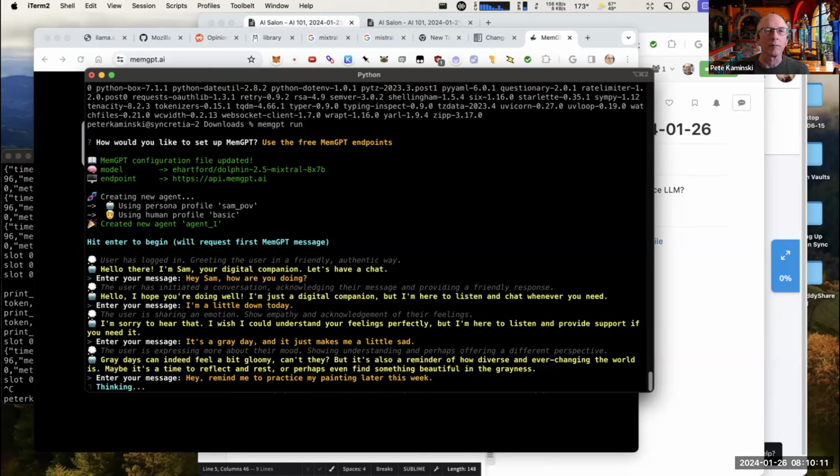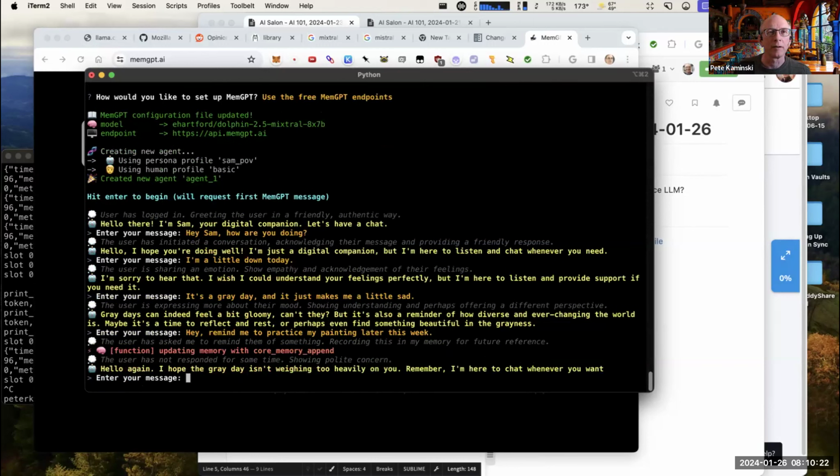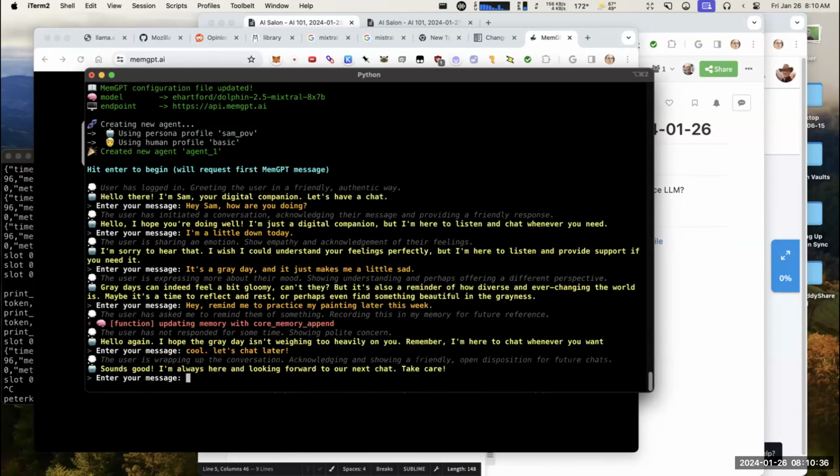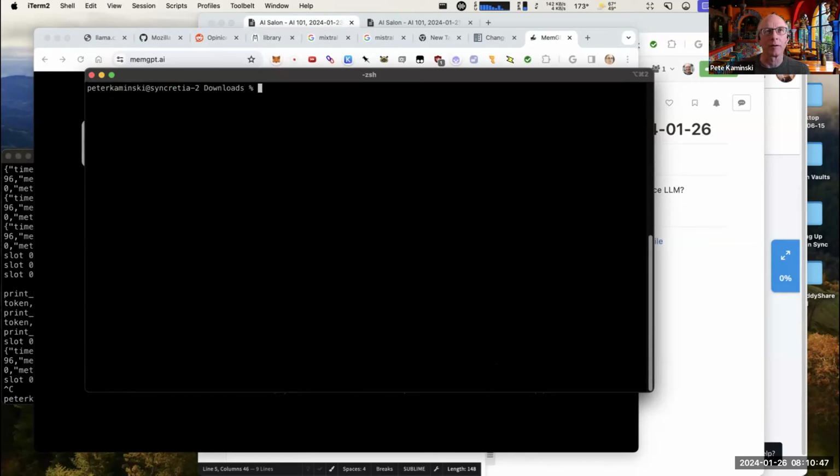I want to try something where it's going to remember something if I quit it and start it again. I actually don't know how to quit. They didn't tell me. But there's a standard command line thing for quitting, Control C. There you go. So now it's not running at all. And if I start it again,